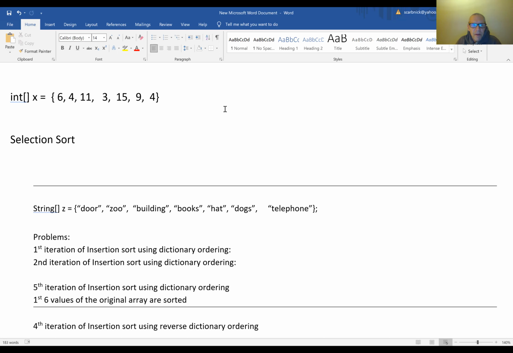So let's just remember what I like to think of as selection sort. For every iteration, you're looking for the global minimum of the remaining array elements. Okay, so we have that array, 6, 4, 11, 3, 15, 9, and 4. Okay, so then the very first iteration,